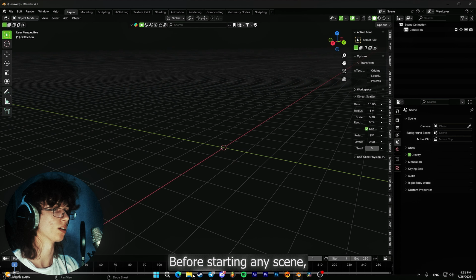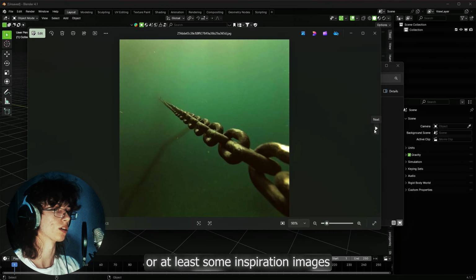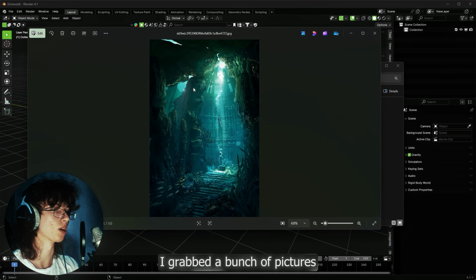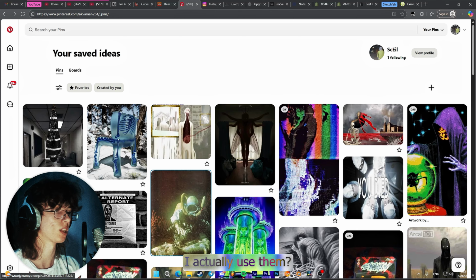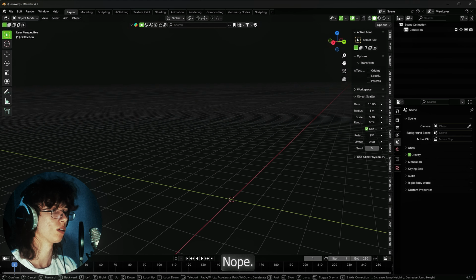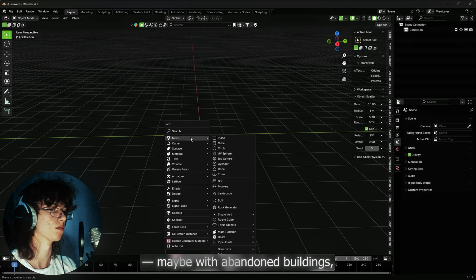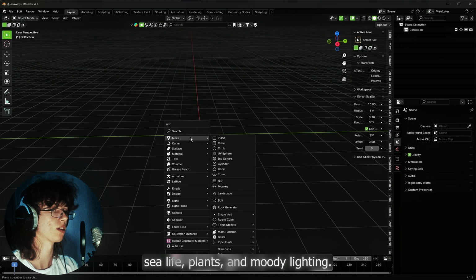Before starting any scene, I always collect references or at least some inspiration images to help visualize the final result. Yeah, I grabbed a bunch of pictures from Pinterest. Did I actually use them? Nope. Totally forgot about them and never looked back. Don't be like me. So the idea was to create an underwater scene, maybe with abandoned buildings, sea life, plants,